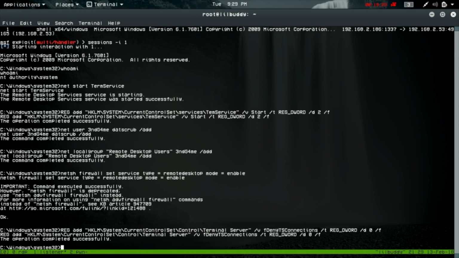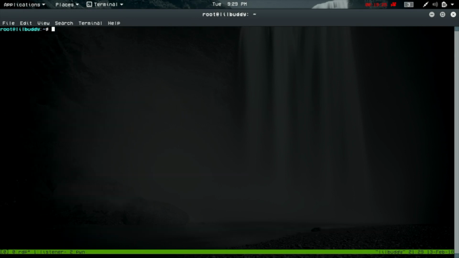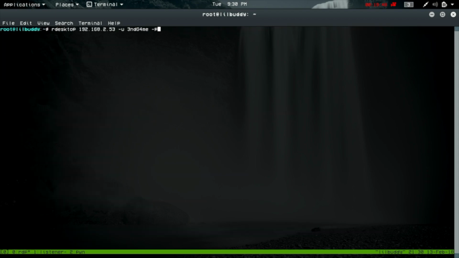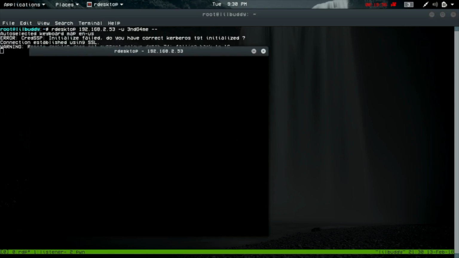So how do we RDP into the system? Well, if you're on Kali, you have a nifty tool called rdesktop that does a great job of it. So we're going to use it. Our target is 53. The user we made is endgame. And you could also specify the password with -p. I forgot my password already. It was dat scrub, because I'm a scrub. But you can do that, or you can do nothing, and it will just open up the